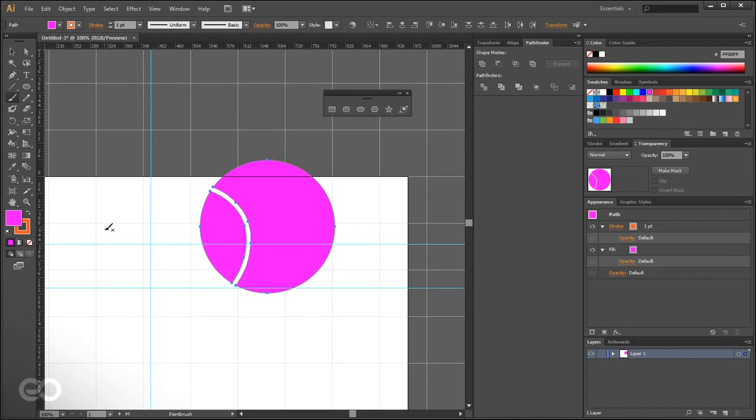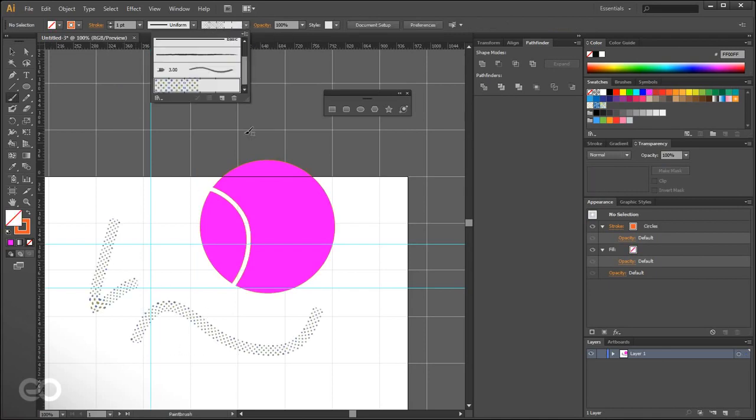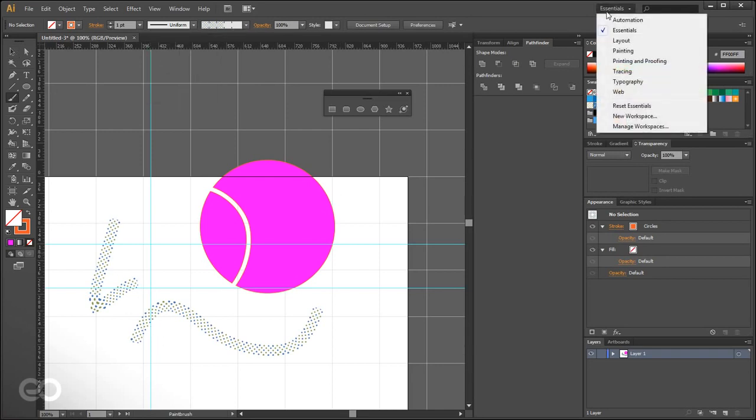Apart from that, I have the brush option. I can go ahead, create any kind of strokes. You can go ahead and add in any kind of values you want. If you want to test out the different options you have, you can change the layout from the default one to painting,